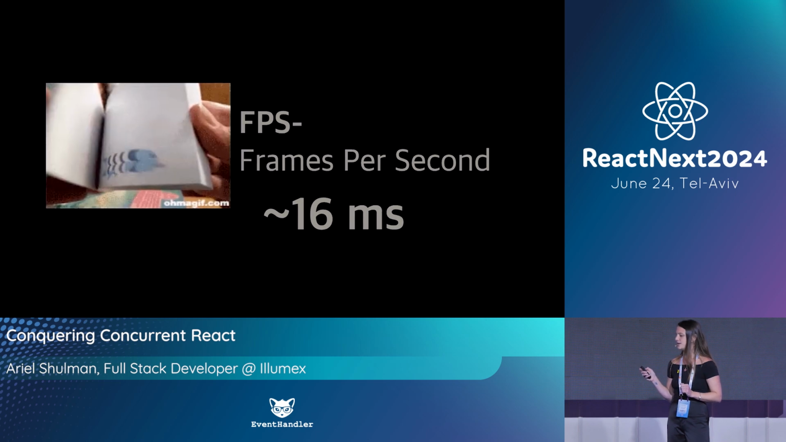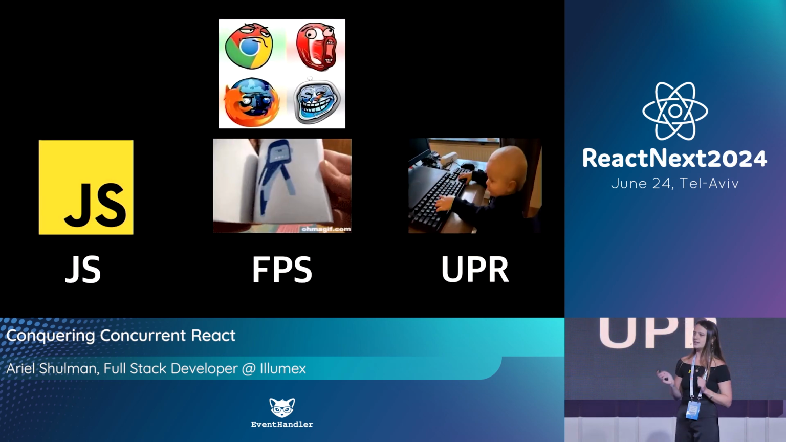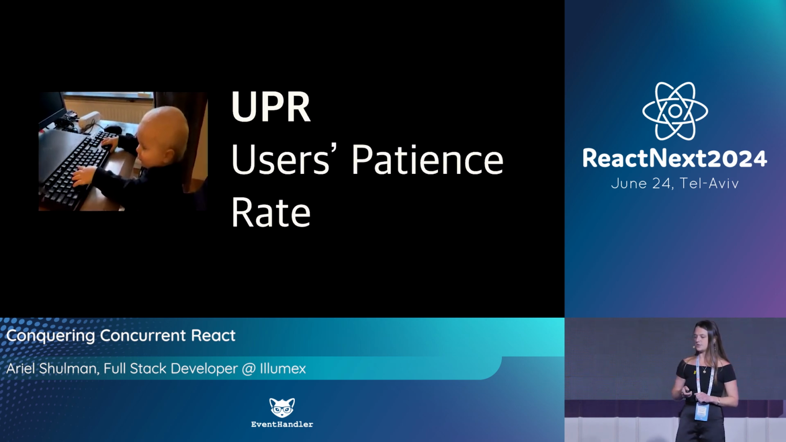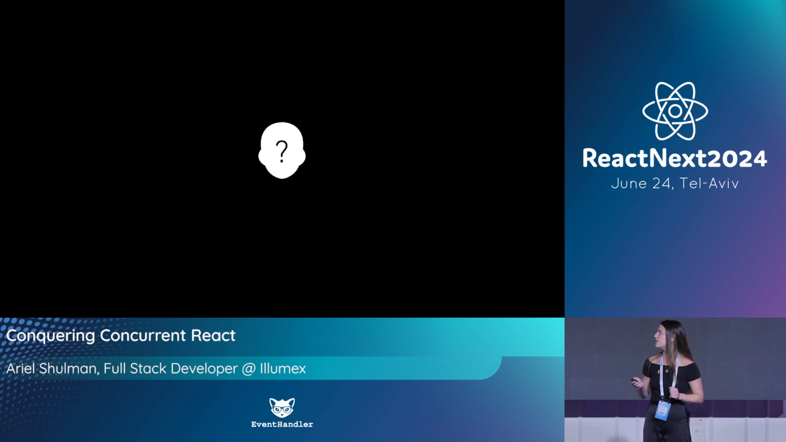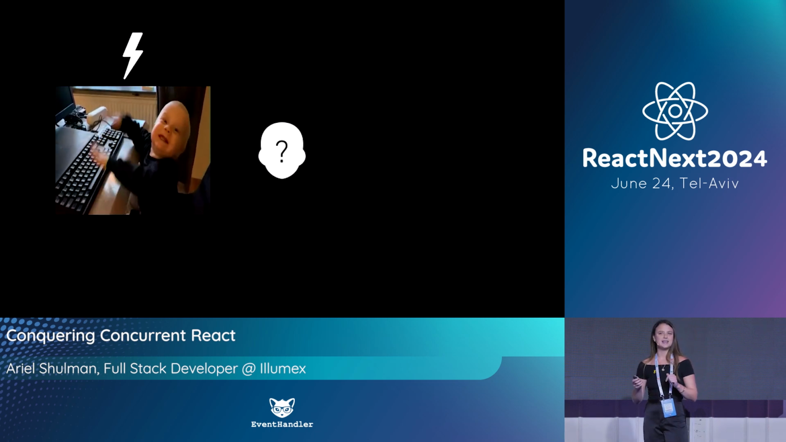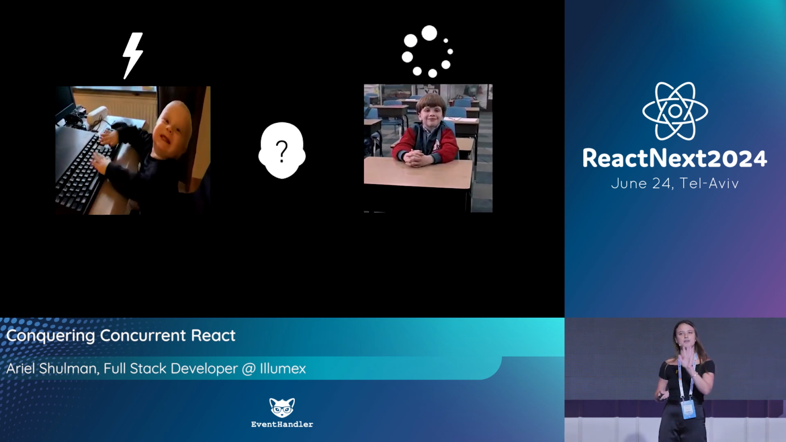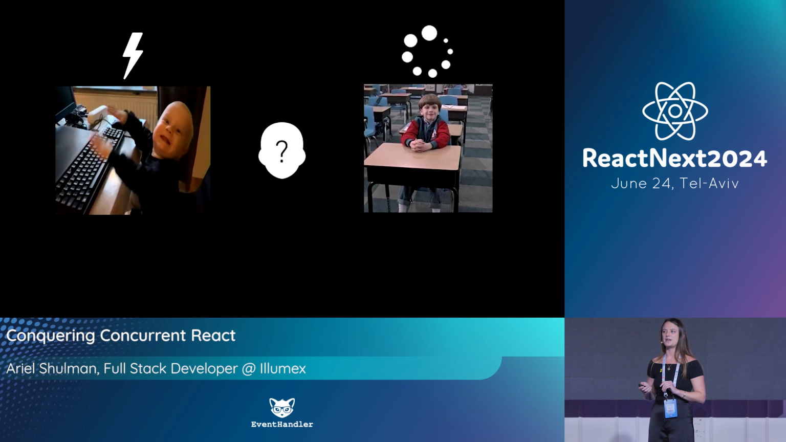And the last reason why our life sucks and we need concurrency is the last measurement, UPR. UPR stands for users' patience rate. I invented that. So users are kind of like toddlers, okay? Sometimes they are very, very impatient, and they need everything to happen now. And sometimes users can be cute little good kids. As long as you give them the spinning loader fast enough, they know they need to wait patiently for their